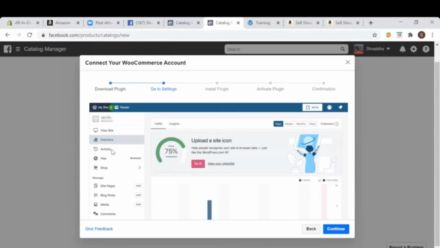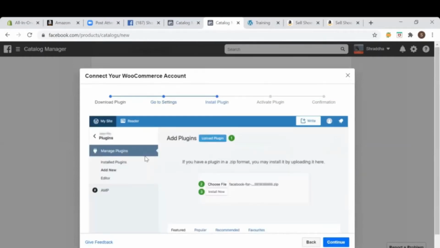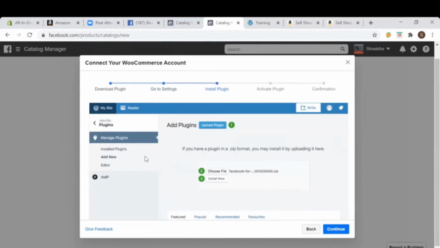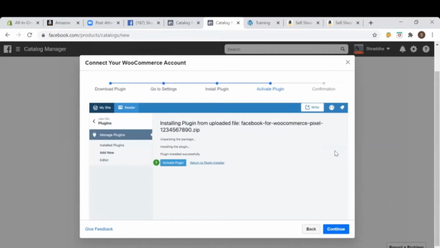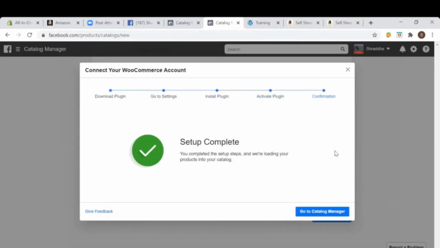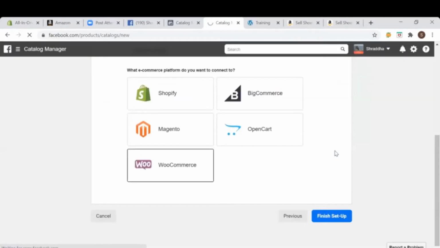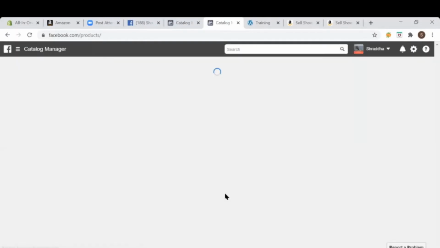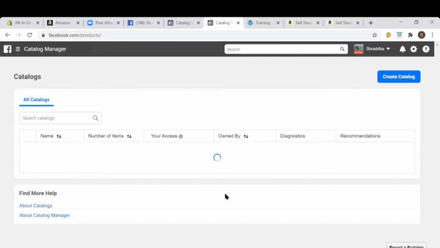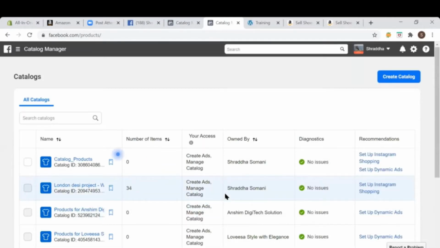Okay, so I'll be going to settings. I'll be uploading the plugin. After uploading the plugin, I will be installing the plugin. Then I'll be activating that plugin, and then I will say, okay, it's confirmed that I have added the plugin. And then I'll go to the manager. So once I have activated the plugin, by default, all the products will come in over here.